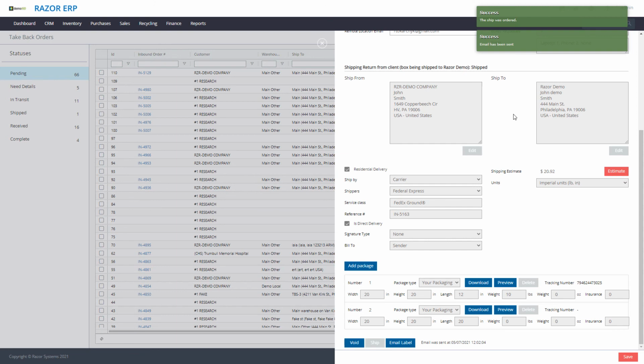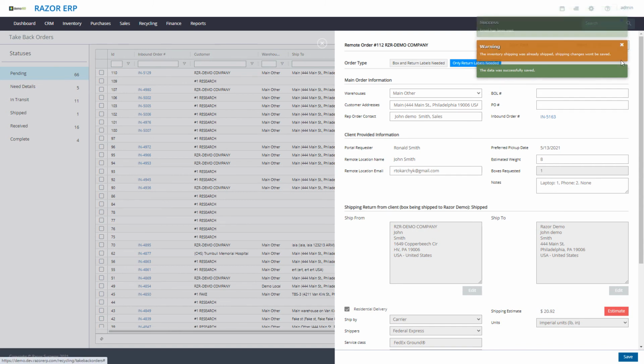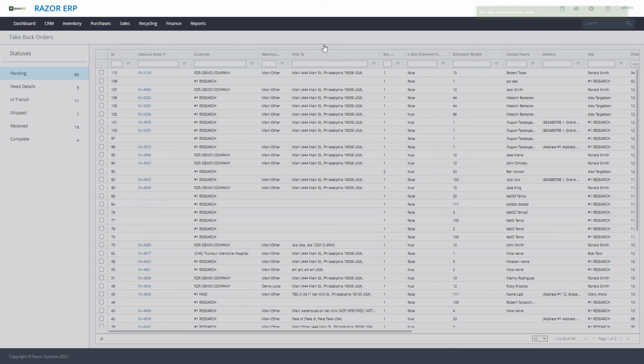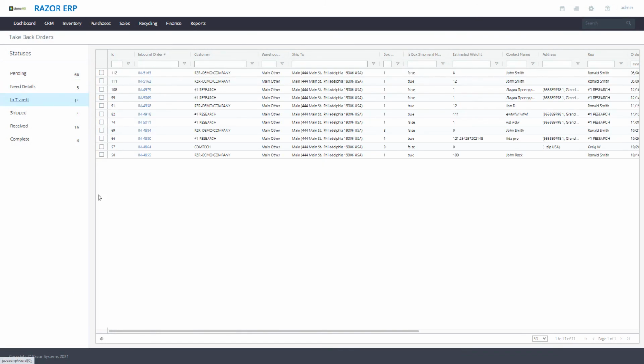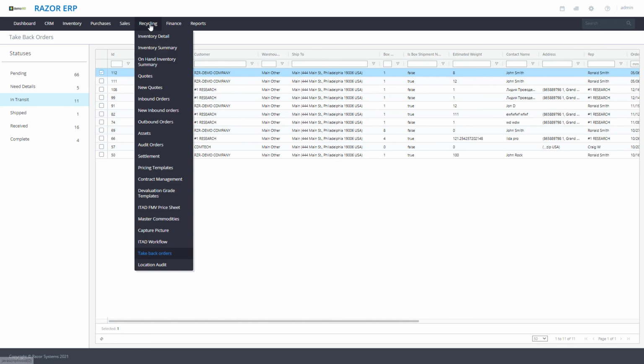So that's how you do the shipments here. And if you needed to, you'd be able to update the status if it didn't update. But in this case, you could see it's in transit, and you could close out of the screen now. And you can see the order here was moved in transit, and it was given an inbound order number, which eventually you'll receive in the Razor, going through the recycling inbound order screen and follow the standard receiving and auditing